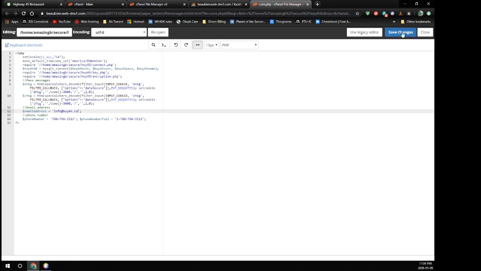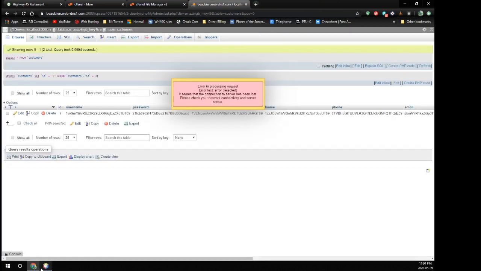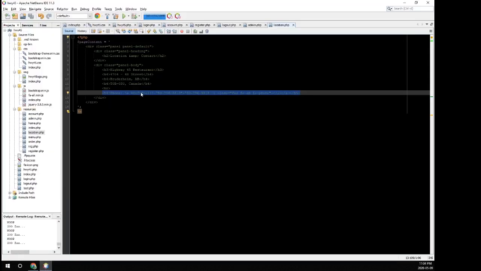Okay, so I'm going to save those, close that out, go back here. So now instead of having this and having it exposed in the PHP, I can do phone number full